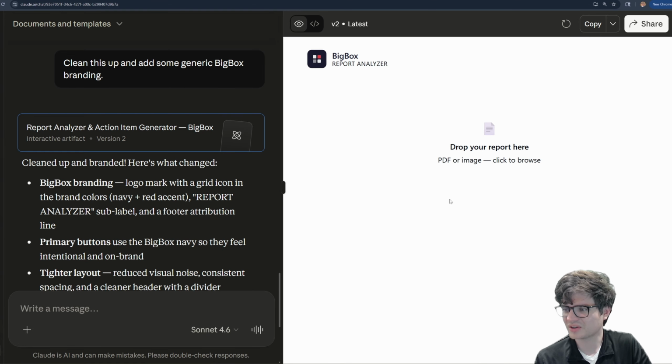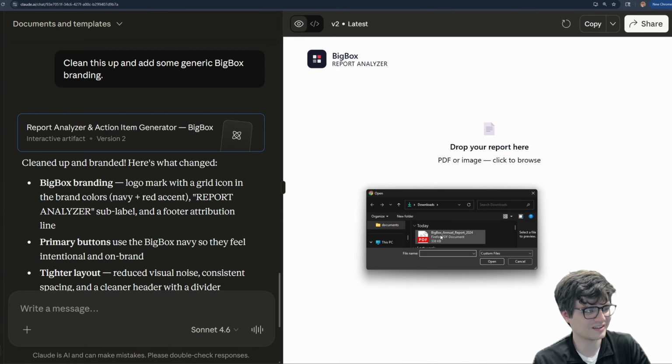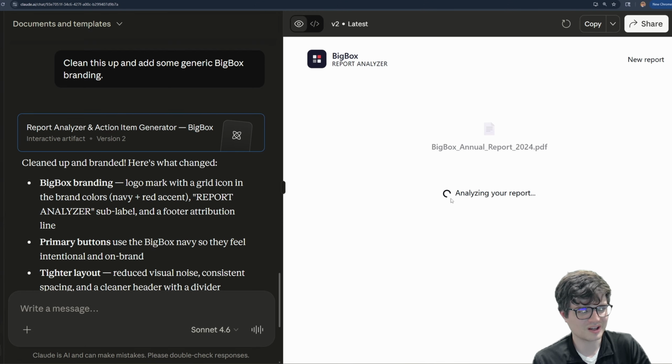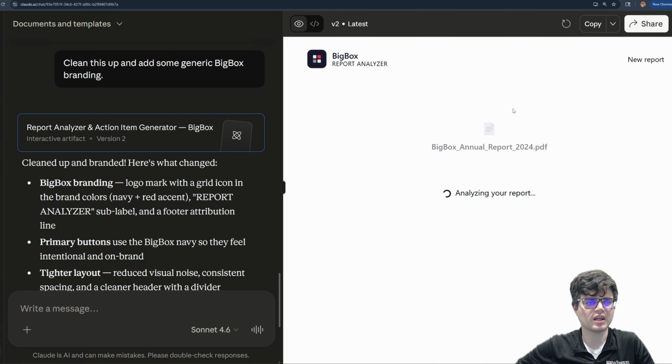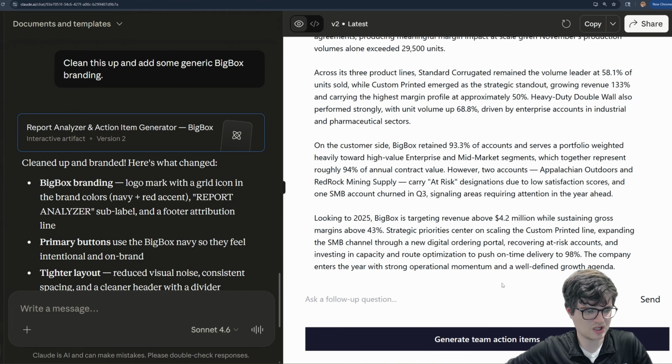All right, we have our new artifact made. I see we have a nice little icon here in the top left. And let's go ahead and analyze a report. Oh, a better button. Okay, so it's added some additional nice touches to the app. I think this is new as well, a new report button, so maybe just starting a new report. We're definitely getting into a better spot. We've asked for some changes, and it's worked on things a little bit, made some